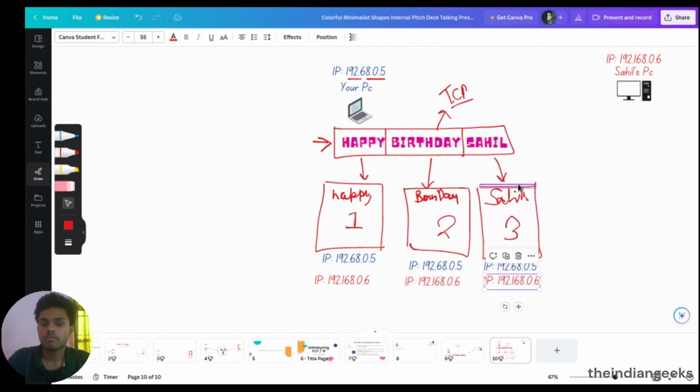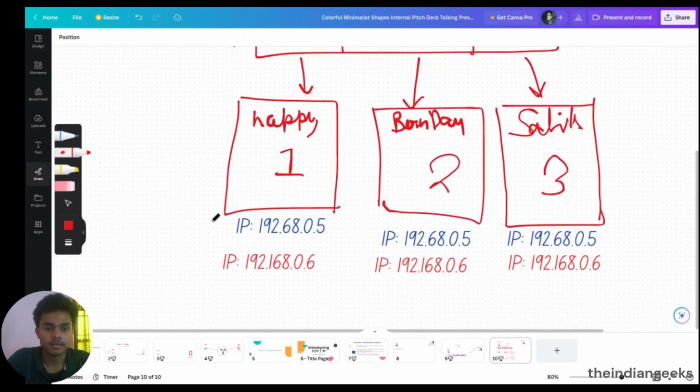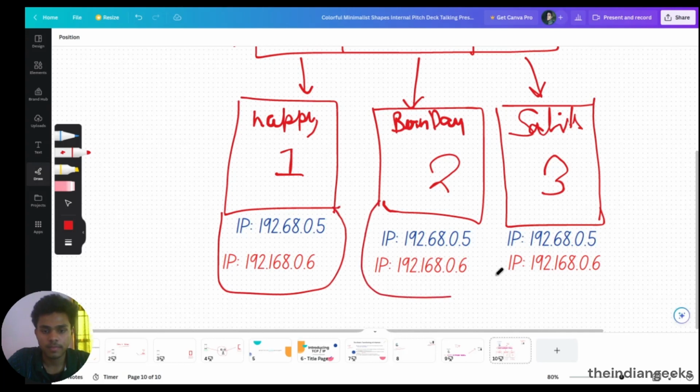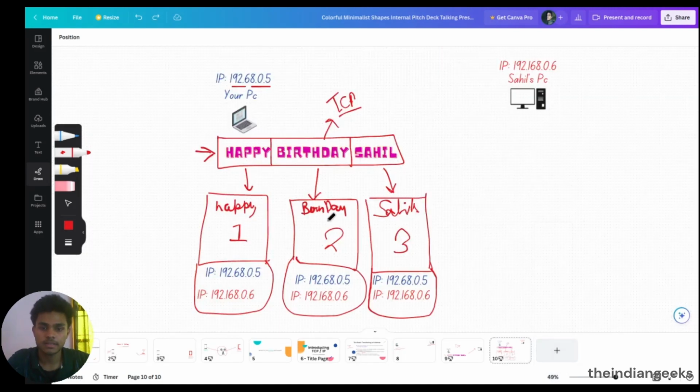So the job of TCP is to divide the whole message into smaller pieces. Each piece is called a packet. The packets have been serialized and the IP addresses are attached. Now the packets are made. This is packet number 1, this is packet number 2, and this is packet number 3. Now these packets will get delivered to the destination.